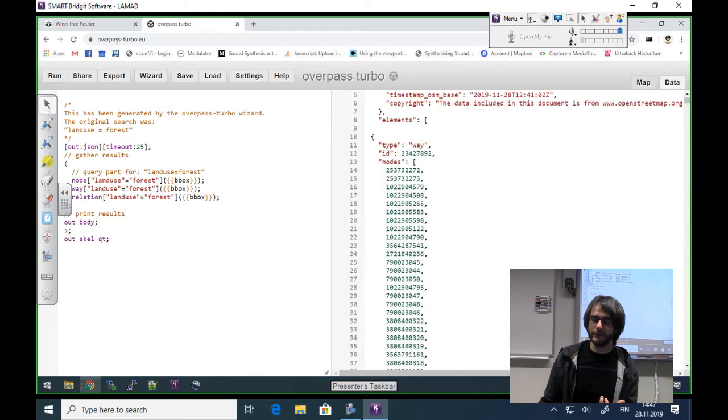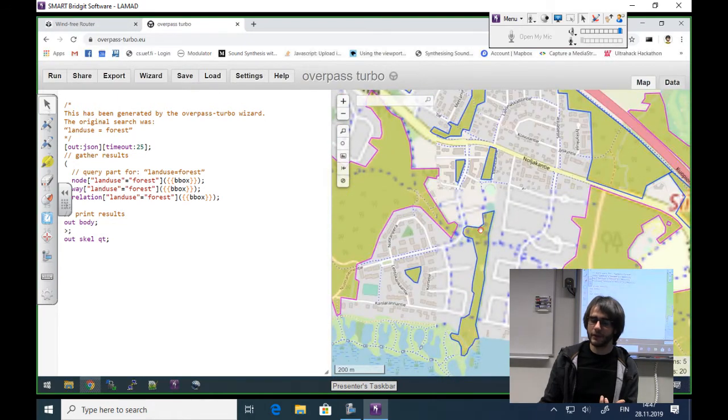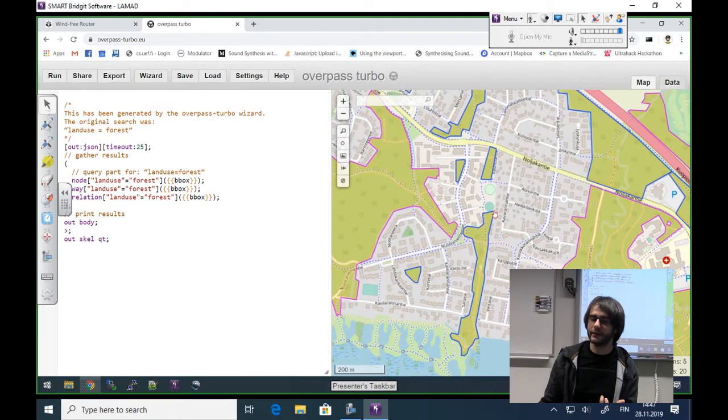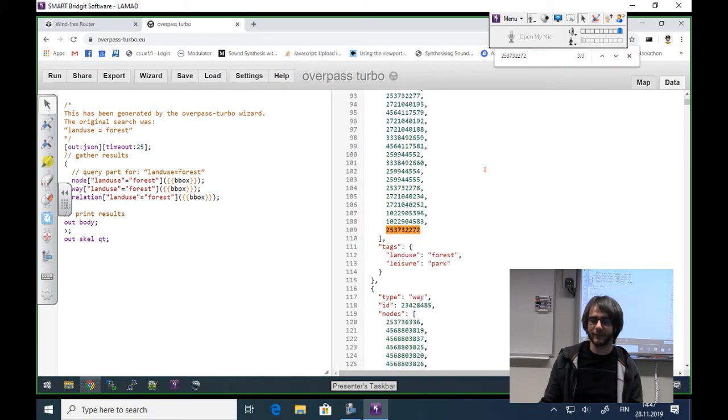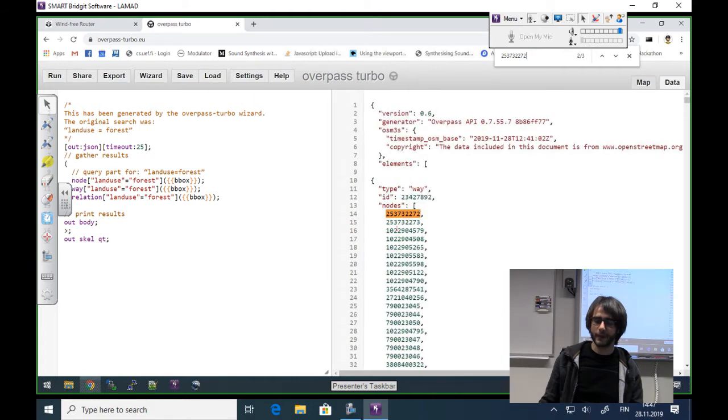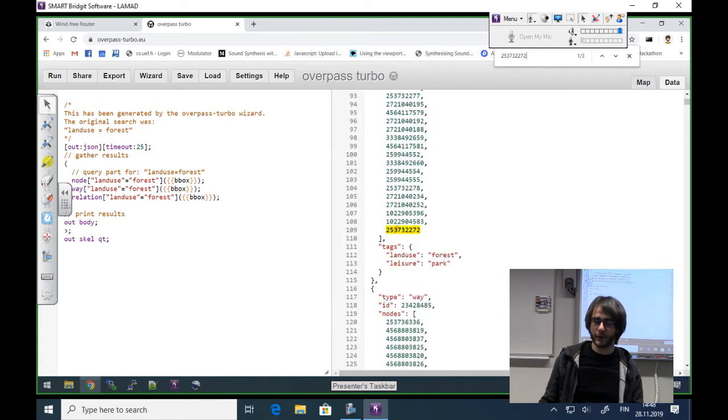So all the forest polygons that you see here on the map, each of these points is identified by a unique ID, unique identifier. That identifier, for example, 253732 something something, can be part of more forests, especially here if you want to consider the closed polygon. So it could be part of more things, but